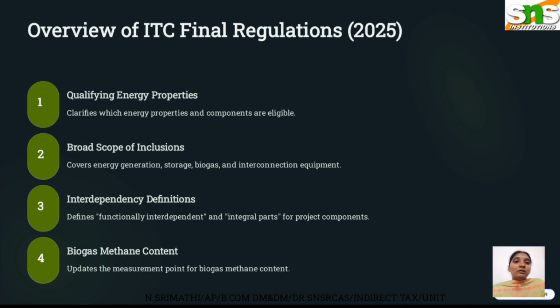Then it updates the measurement for biogas methane content based on the input tax credit final regulation in 2025. These four elements are part of the 2025 regulation in input tax credit. We have more and more regulations every year, and